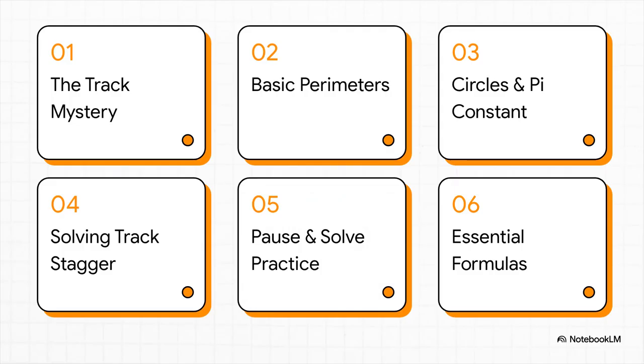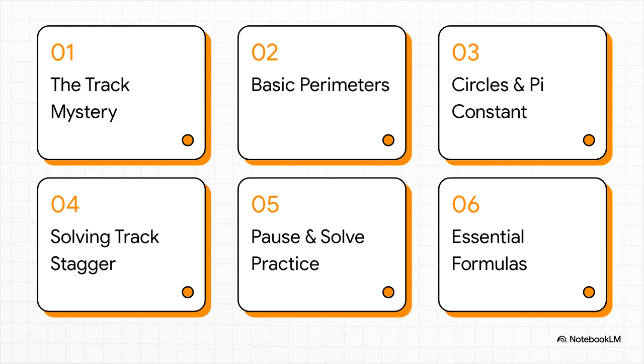So here's our game plan for today. 1. The athletics track mystery. 2. Mastering basic perimeters. 3. Circles and the pi constant. 4. Solving the track stagger. 5. Pause and solve practice. And finally, 6. Essential formulas and summary. By following this path, I promise you, those tricky geometry formulas are going to make perfect sense by the end